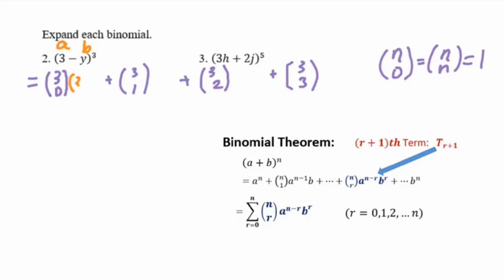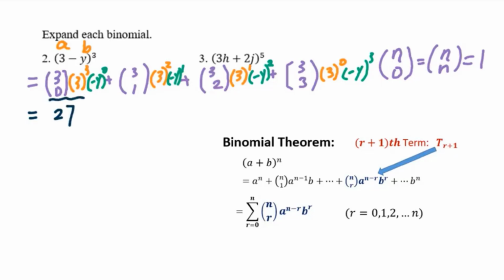Then we go to a. For a, we have the third power, squared, first power, and a to the 0 power. Then check b. You get negative y to the 0 power, negative y to the first power, negative y squared, negative y to the third power. Then we work this out. You got